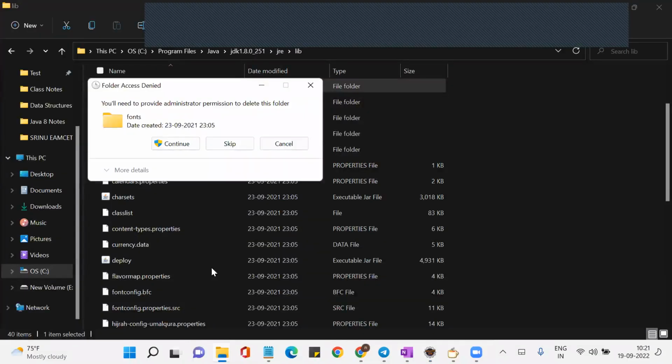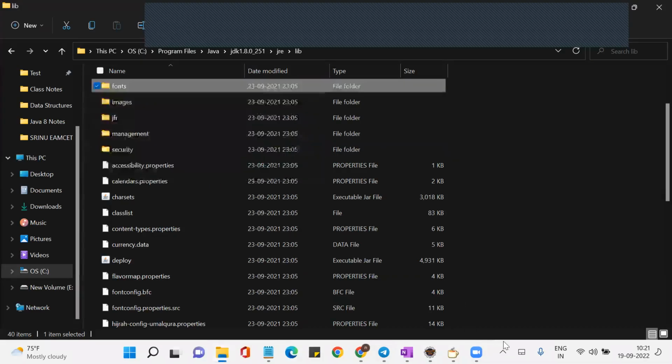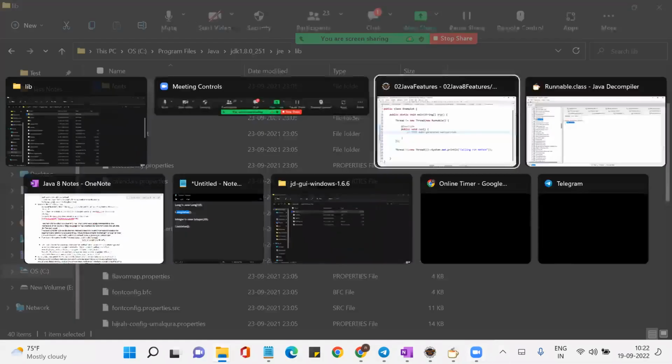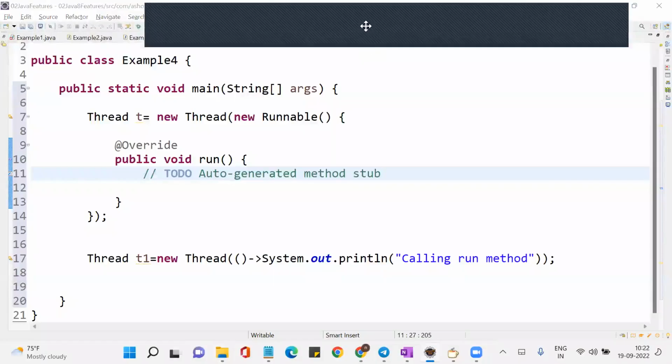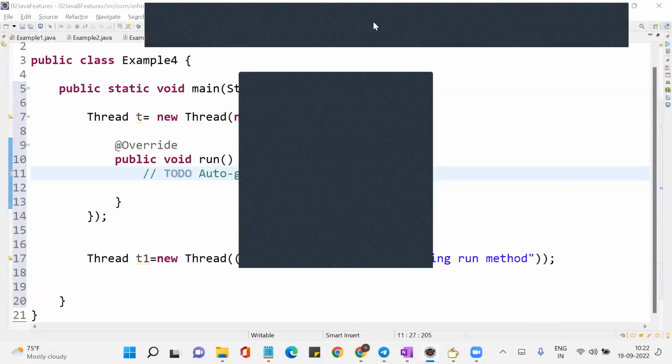Guys, are you able to see me? See my screen? Yeah, we can see, but we are unable to hear. Yeah, suddenly it got blank. So now also I can see. Yeah, thanks. So the thing is,